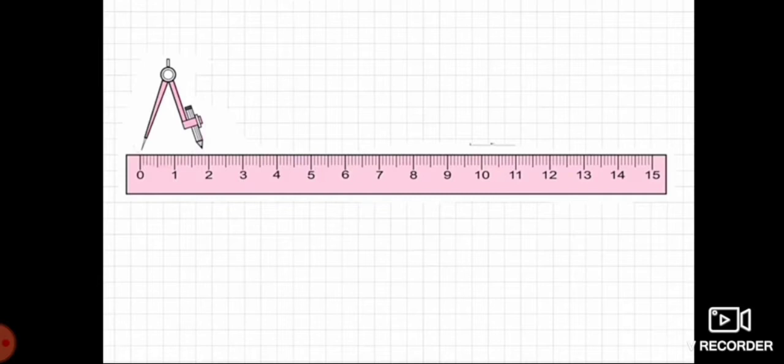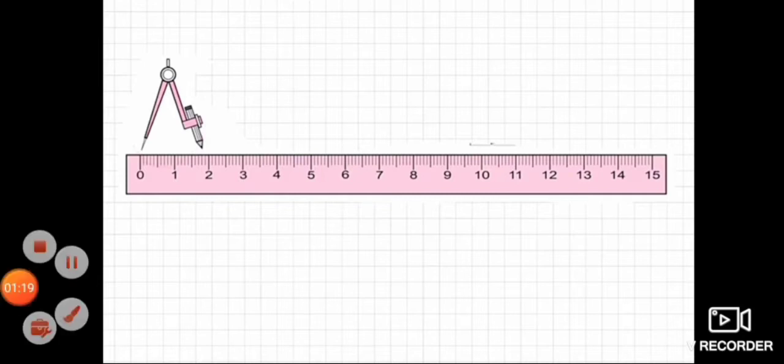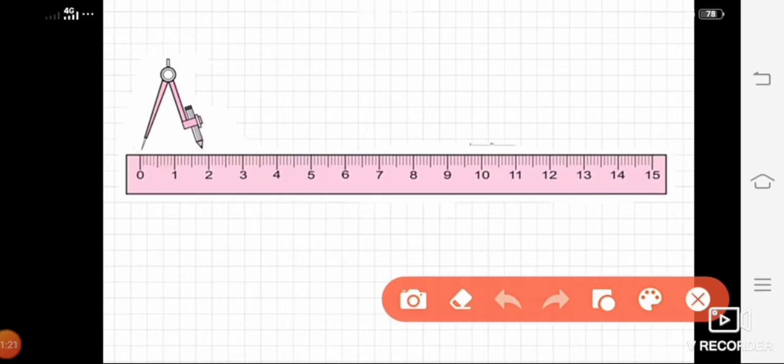Now suppose your teacher asks you to draw a 5 centimeter line, then you will keep the scale this way. Imagine that the compass is not there. Now 5 centimeter means first you will make a marking at 0, then at 5, and then you will join these two points properly in this way. Now my line has not come proper, but yours will come proper. See, till here. So here you have got a segment of 5 centimeter. Did you all understand? Yeah. So this is how we are going to make use of the scale.